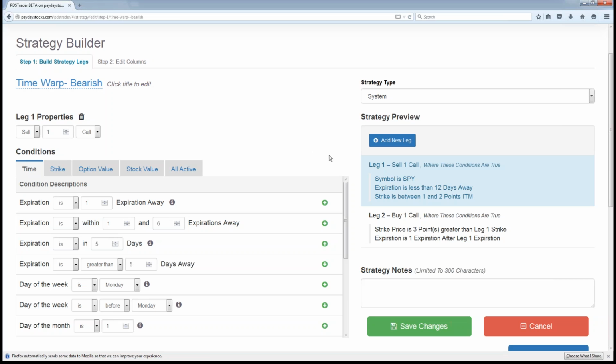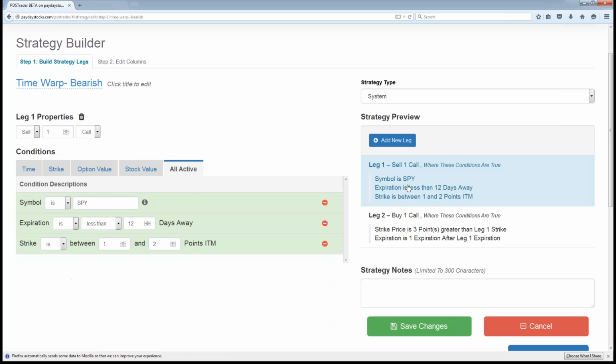And what you can do is, if you want to add or edit or take away, if you want to add, you just go to the section that you want to add, and it'll list, and then you click on the plus button. But if you want to take away, you click on the leg, and then it comes up with all of the active conditions in that leg,